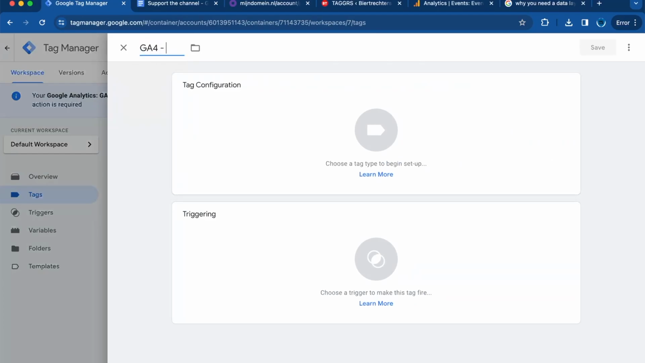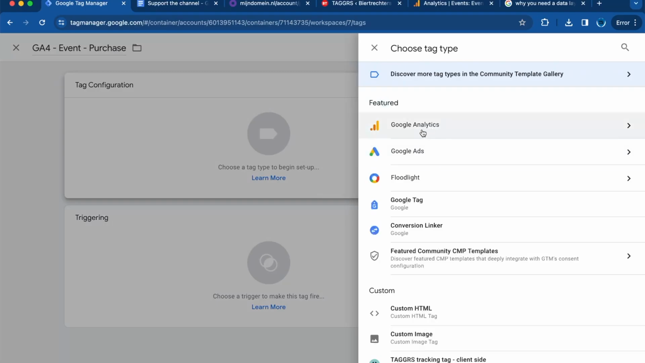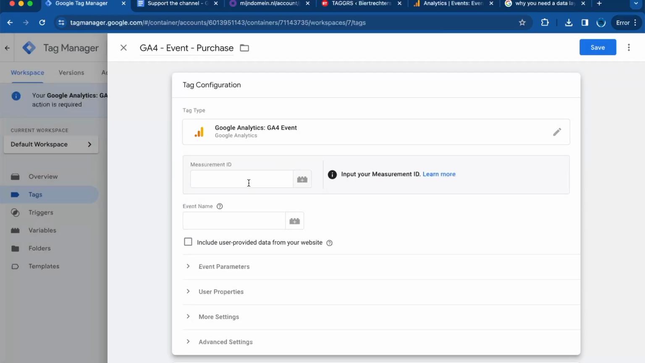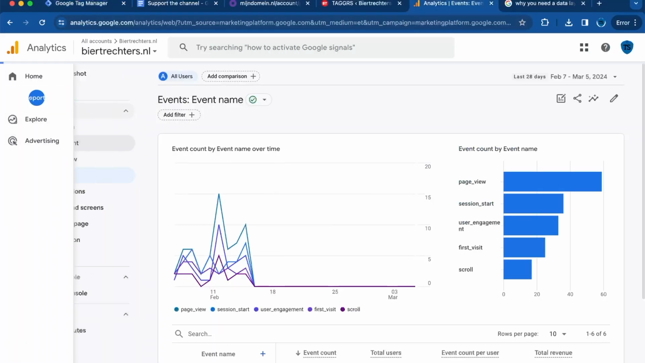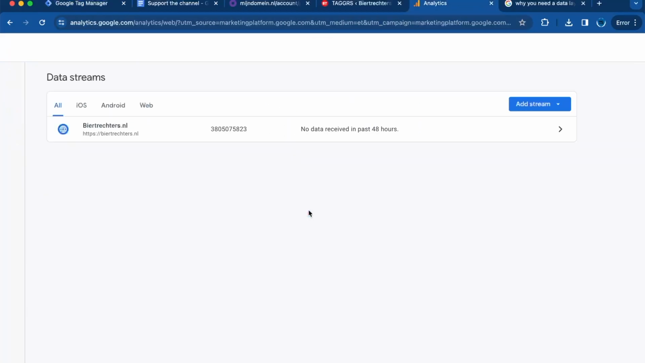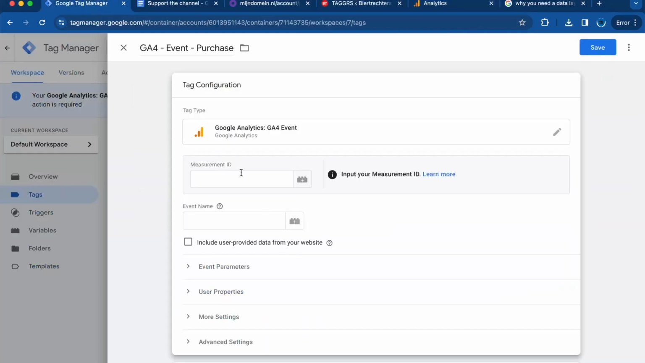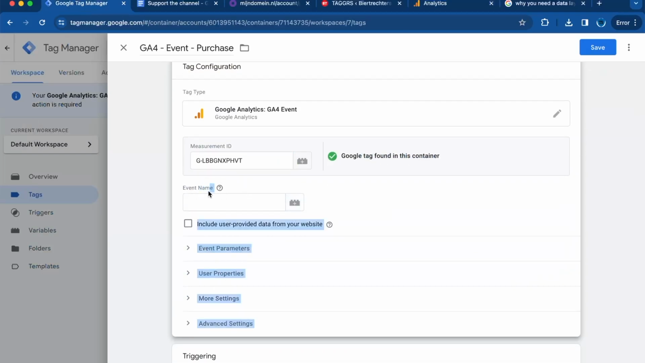So give it a name, click on tag configuration, click on Google Analytics, choose GA4 event, and here you will need to fill in the measurement ID. So this way Google Tag Manager knows where to put the event through which Google Analytics account. So go back to your analytics account, click on admin, click again on data streams, and here you will find the measurement ID. Go back to Google Tag Manager. Okay, so the Google tag is found in this container, so that's nice. Then give the event a name,